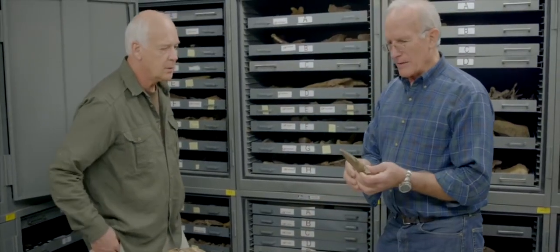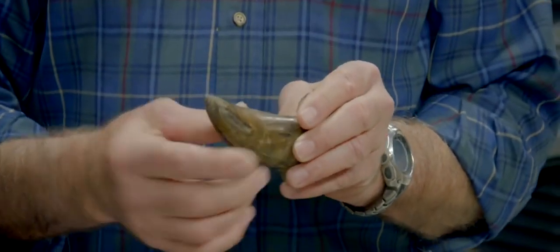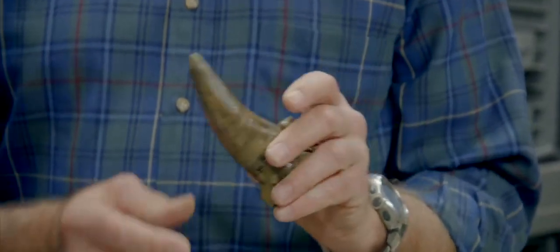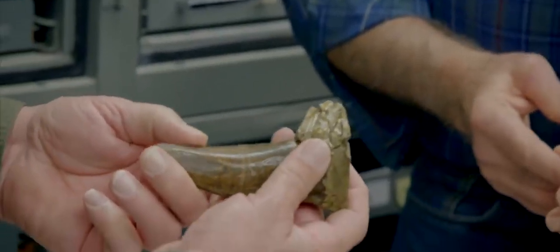For example, let's just take this one. This is a Tyrannosaurus rex tooth. And how do you know that? It's a massive crushing tooth. It has serrations on the edge and is bigger than it could be in any other dinosaur that's around. And that's a Tyrannosaurus, and here's a